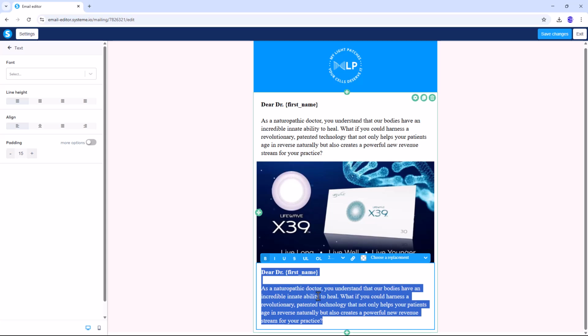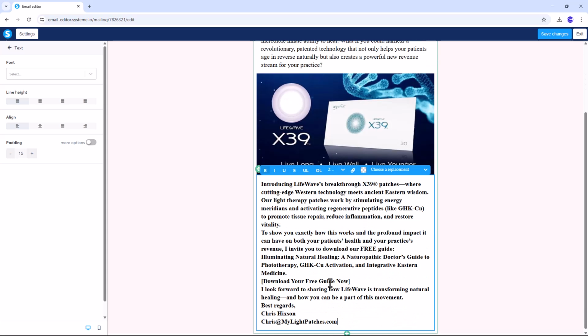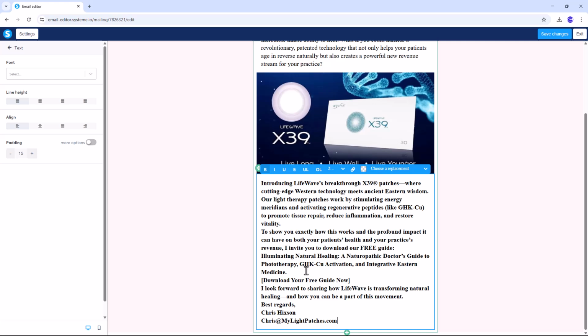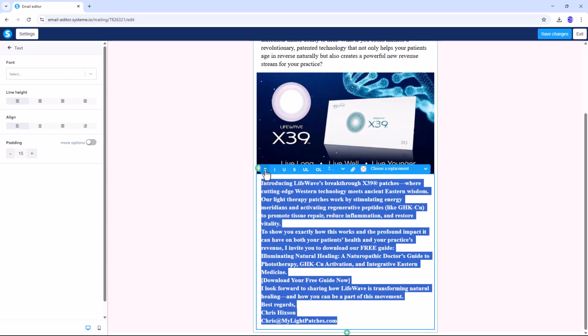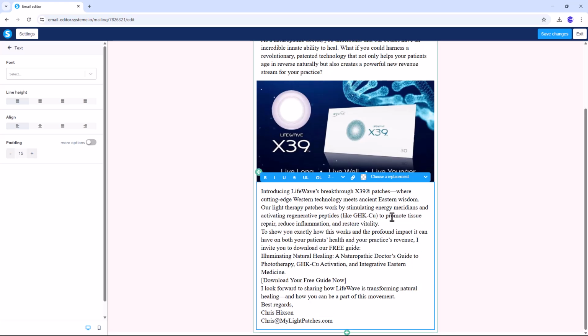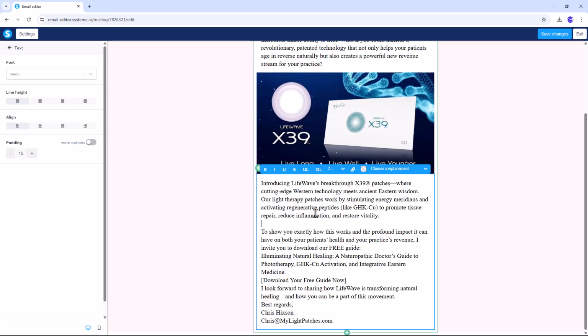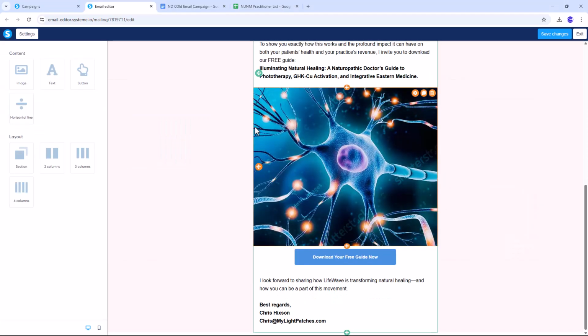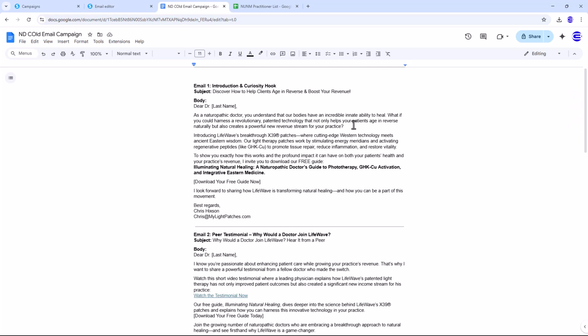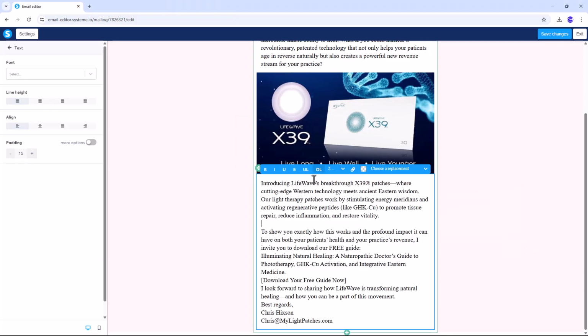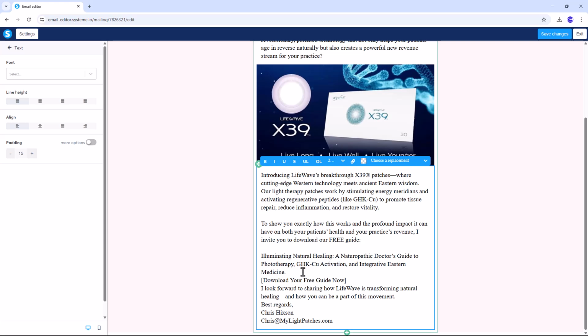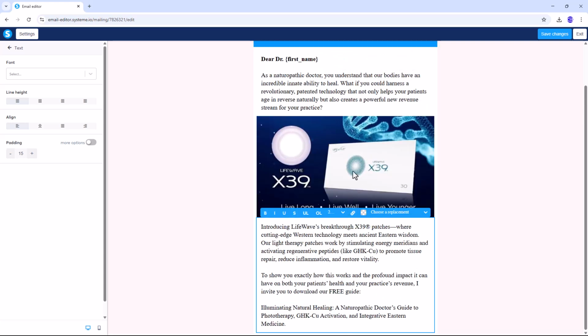Then press Ctrl A and I will just paste our text. So all the text becomes bold, so I will just press Ctrl A and I will just click here, then all the text will be normal. Now here I will just make a space like this. Okay, let me see, practice, then vitality, okay, then guide, and then cut this part, and we will just duplicate